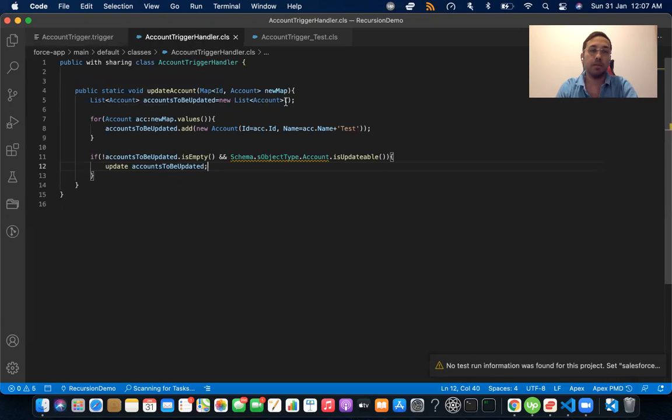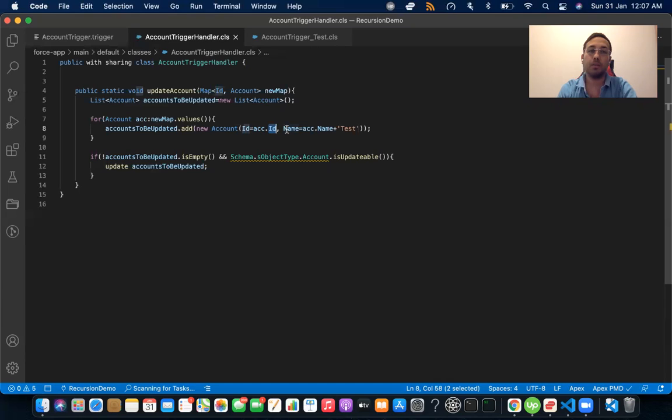Now, inside this, what we are doing is we are creating a list of the accounts to be updated, and we are looping through the newly updated accounts. We are taking their IDs. This is another way of doing it rather than querying it. You cannot directly modify this, obviously, because it's in the after commit. So it's already locked. It's already saved to the database. So that's where we are using this another approach, using the ID and passing the